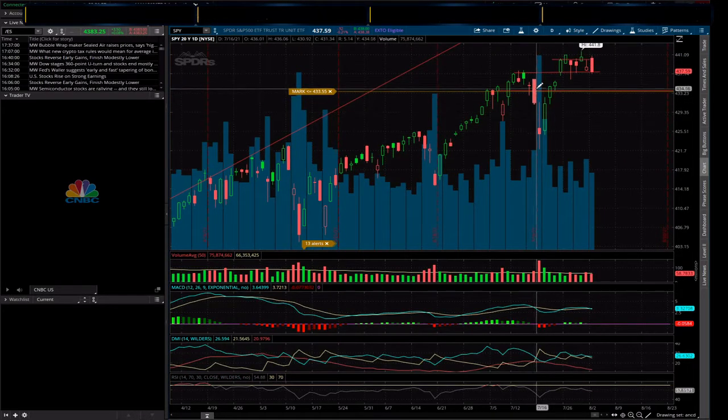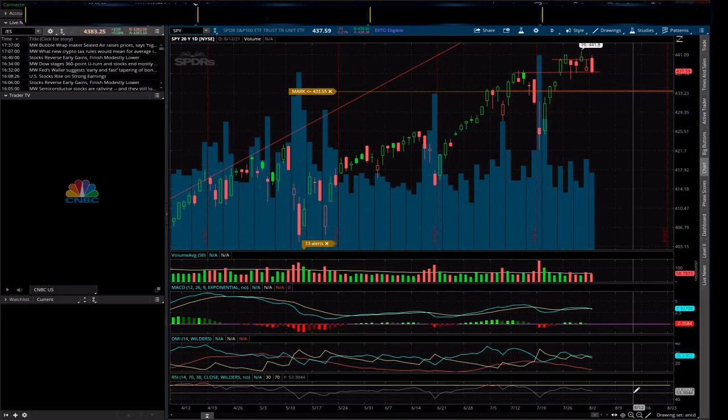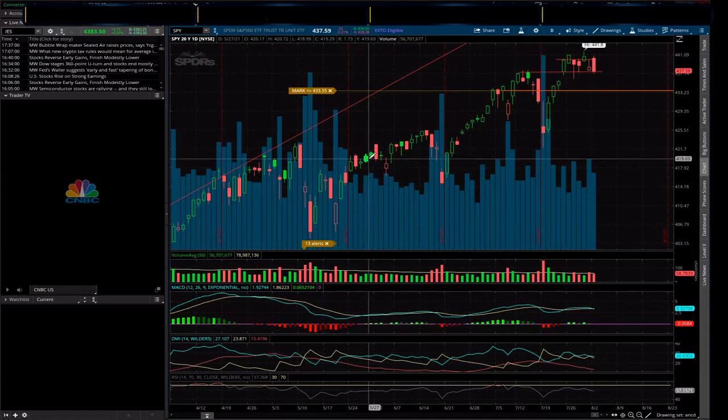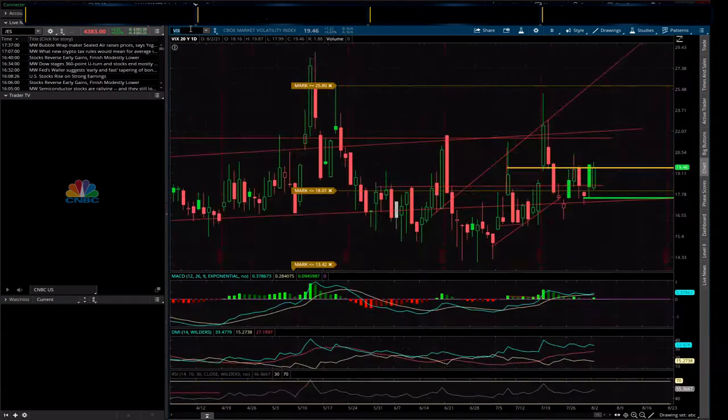I do think that this is going to be a short-term top in the S&P for various reasons. One being that May 26th was the algo trigger, and technicals have started to slow, and breadth has declined since then, the advance-decline line. And the thing that we talk about all the time is when the VIX trails positively,